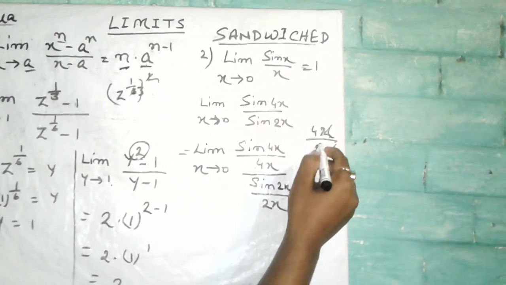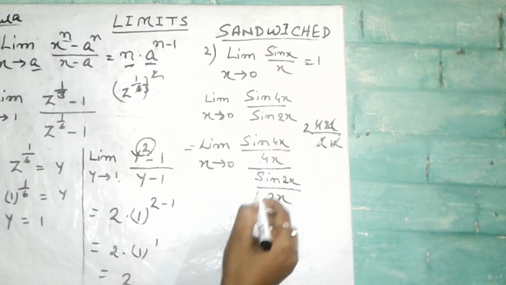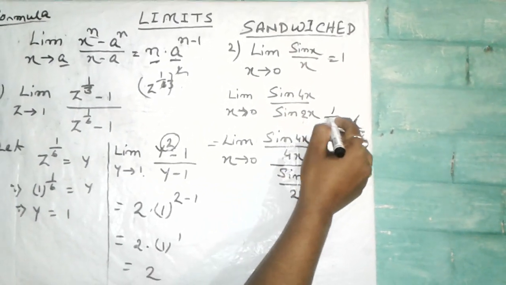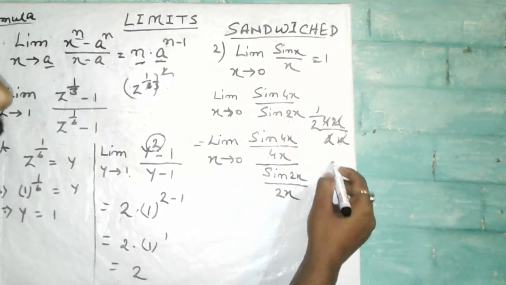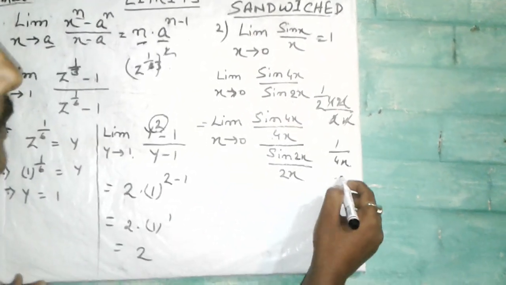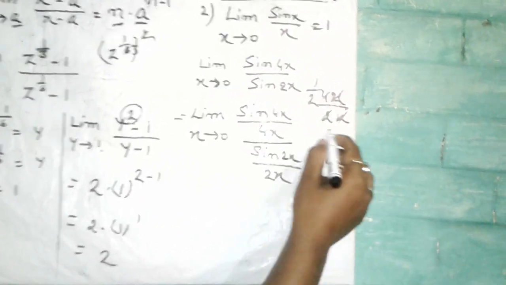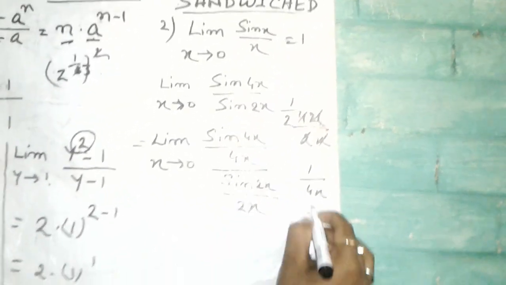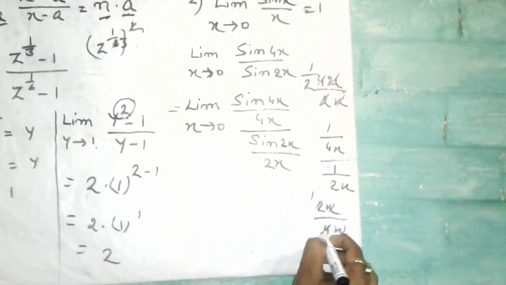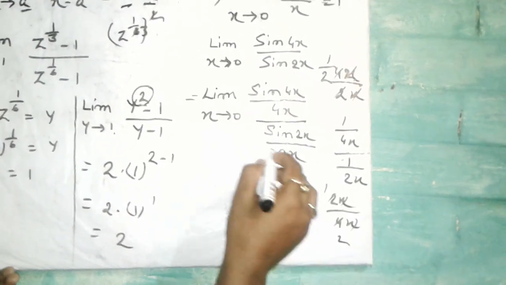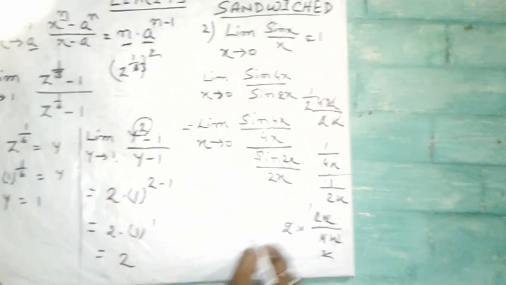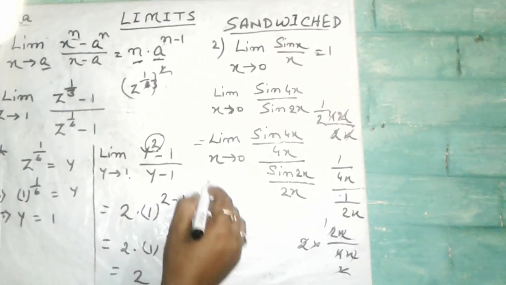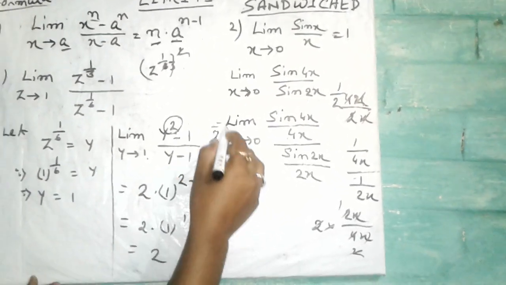So here you see I have written 4x by 2x from my side. The x cancels out, and 2 into 2 gives 4, that is I have written 1 by 2 extra. Why 1 by 2? Because here it is 1 by 4x and this is 1 by 2x, so this will go up, that is 2x by 4x. The x cancels out, 2 ones are 2, 2 twos are 4. So I have written 1 by 2 extra. To make it 1 by 2 into 2, so that there is nothing extra, I can multiply here by 2. So see, I have multiplied by 2.